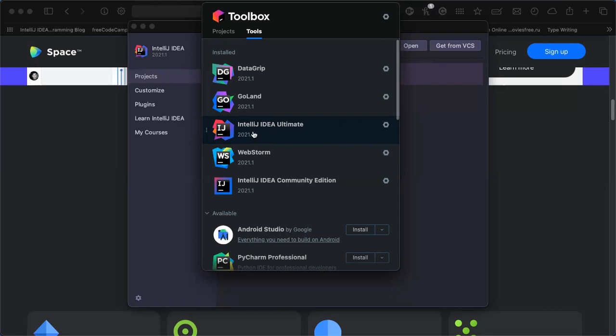So WebStorm is more specific to front end developers where they can directly start working, whereas with IDEA Ultimate or Community, they may need to do some additional steps. Yes, correct. And the IntelliJ IDE package itself will come to around 2 GB, and WebStorm will come with only 1 GB because it's very specific to WebStorm.